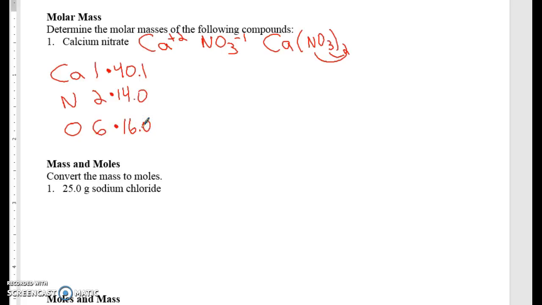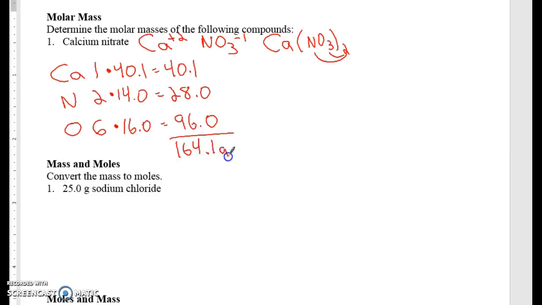Remember, you multiply those, you do not add them. So for the calcium, that's nice and easy, it's 40.1. The nitrogen's 28.0, and the oxygen, 6 times 16, gives you 96.0. And we add those up to get the molar mass,